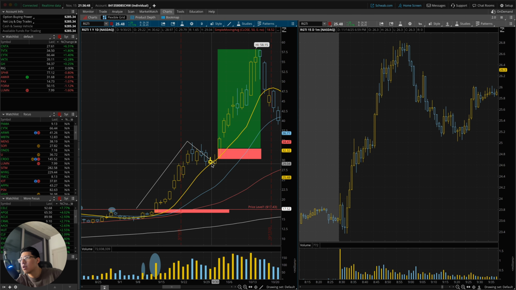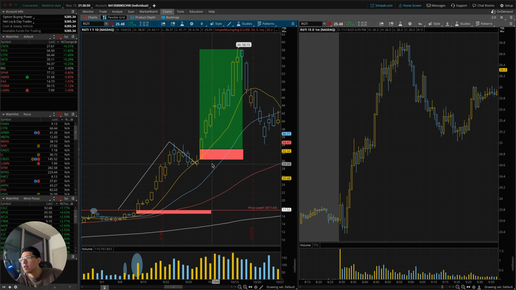Once we retrace back to the 10, I just looked at it as another opportunity because, look, we retraced back to the 10. At this point, I saw some volume on this day, or it could have been this day, because the volume is actually not bad. You enter on this day with your stop loss all the way at the low of day and just go back for another leg. As you can see, this played out perfectly. Boom.